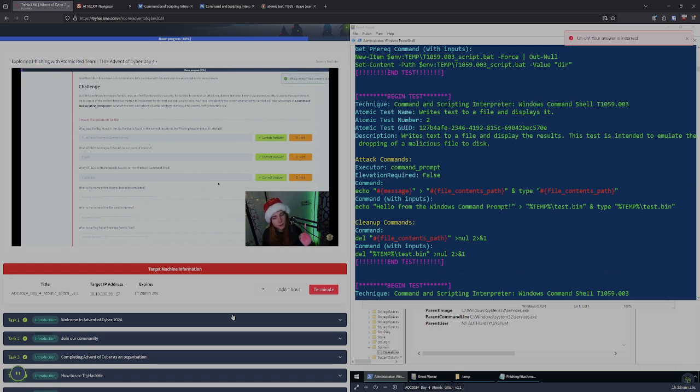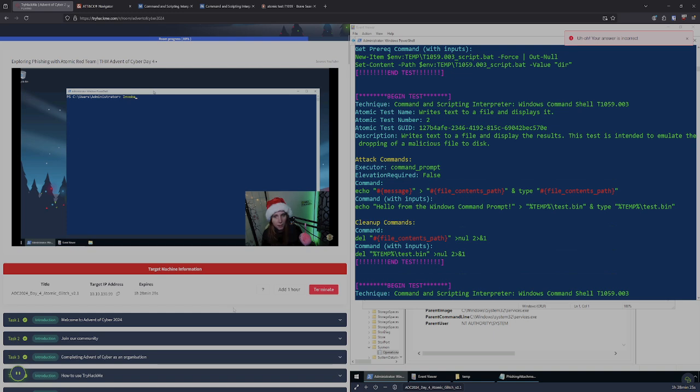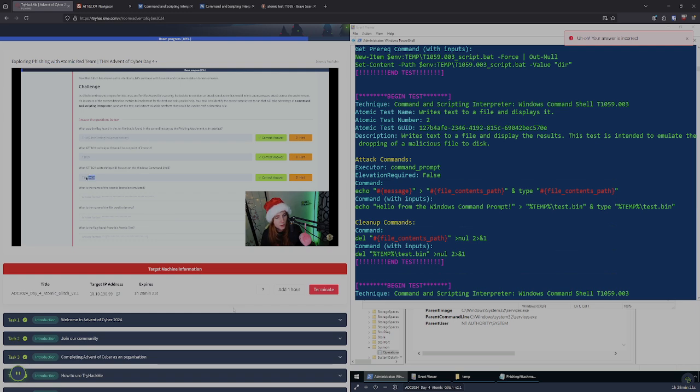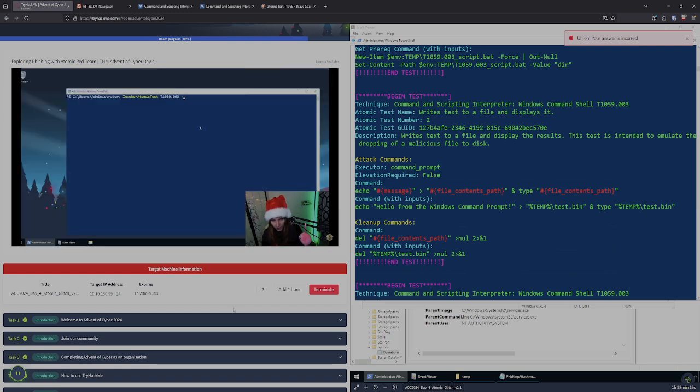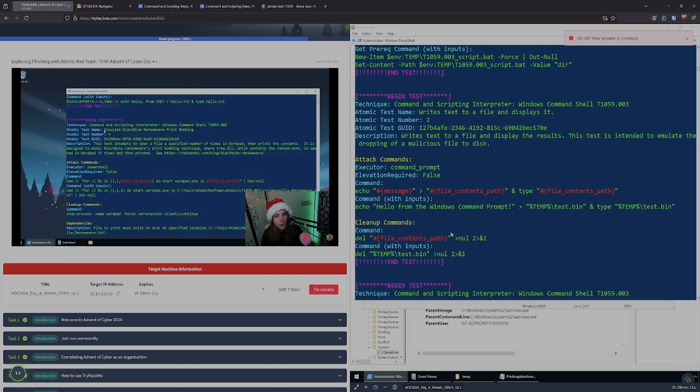What is the name of the atomic test to be simulated? Well, we do invoke, and then the subtechnique, which is this, forgot it too. And then dash show details. We did this. And the one we are looking at here, atomic test name, simulate Blackbyte ransomware print bombing. Command and scripting interpreter Windows command shell